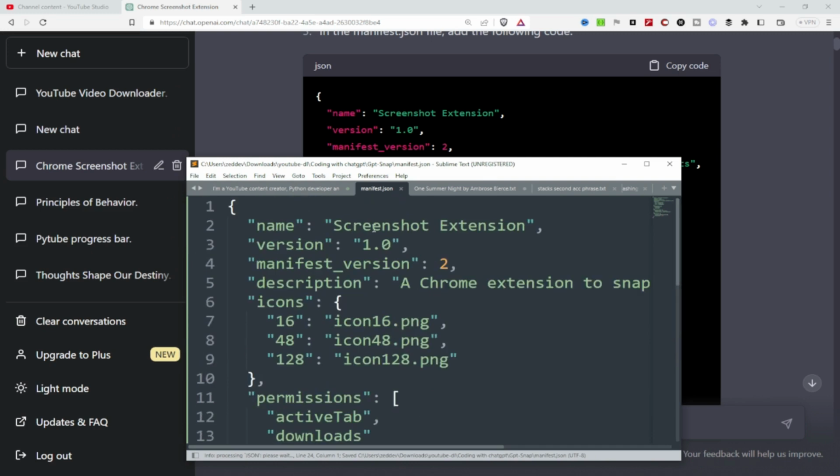So what this JSON file does, it contains all the information of our snap screenshot saver, that is. So our extension name,